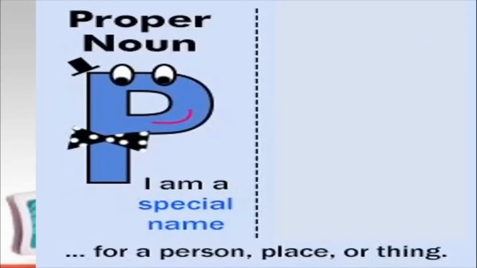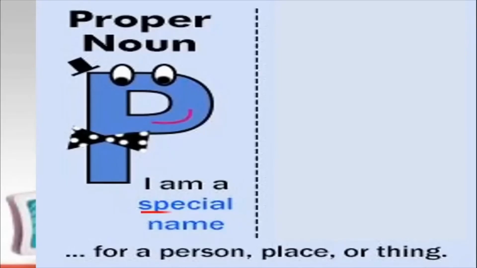So what are proper nouns? Now since this is a condensed lesson, children, since I have to try and complete a major part of the lesson within 15 minutes, we will not go back and revise what are nouns and what are the types of nouns. Let us get directly to the point and let us try and see what is a proper noun. A proper noun is a special name for a person, place or thing. Okay, remember, a proper noun is a special name for a person, for a place or for a thing.